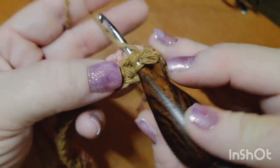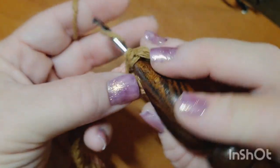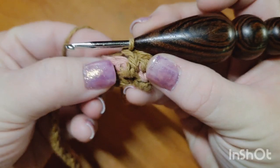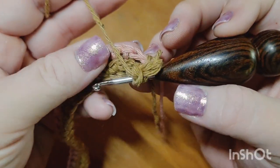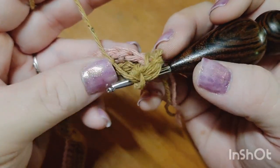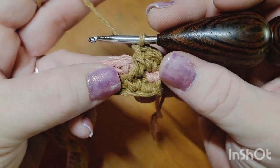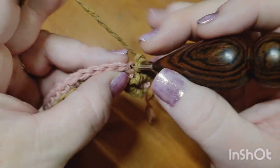So now that we have that front loop up, we are going to grab our yarn and pull up a loop, and then grab and pull through 2, grab and pull through 2. Each double crochet that we work in the pattern takes up 1 stitch back here on this row. So you can fold this double crochet back, and you will see there's our 1 stitch that we're using, we're covering. So we cover, and then we know this is our very next stitch. Our repeat continues with 1 single crochet worked into the very next stitch,